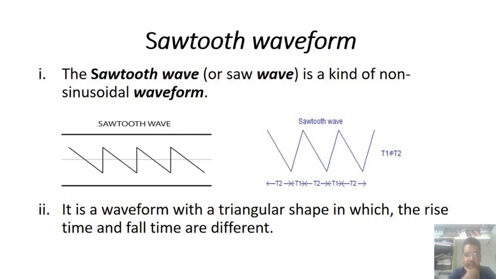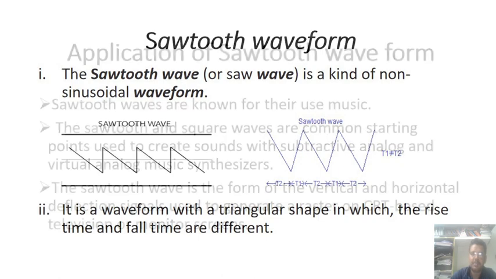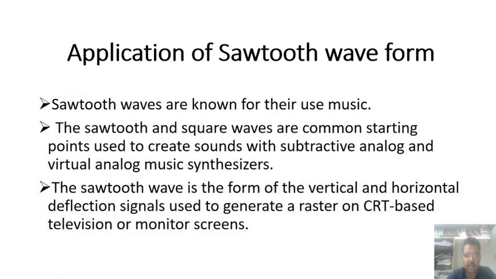A sawtooth wave ramps upward and then sharply drops, as it is a waveform with a triangular shape in which the rise time and the fall time are completely different. Knowing this from the diagrams, the rising time and also the falling time are completely different. It is not in a uniform order. So knowing this concept, we will discuss